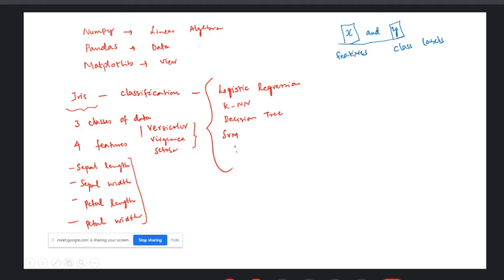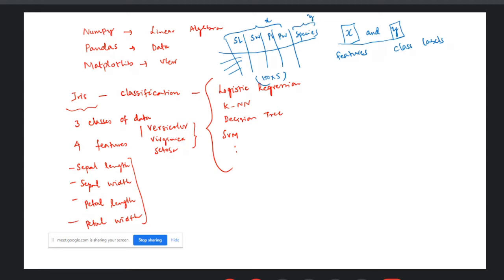In the Iris data frame, when we read the CSV, we have all 4 columns: sepal length, sepal width, petal length, petal width, and then species. Like this, you have 5 columns of data and 150 rows, so 150 by 5 is the dimension. Now, this is our X and this is our Y.